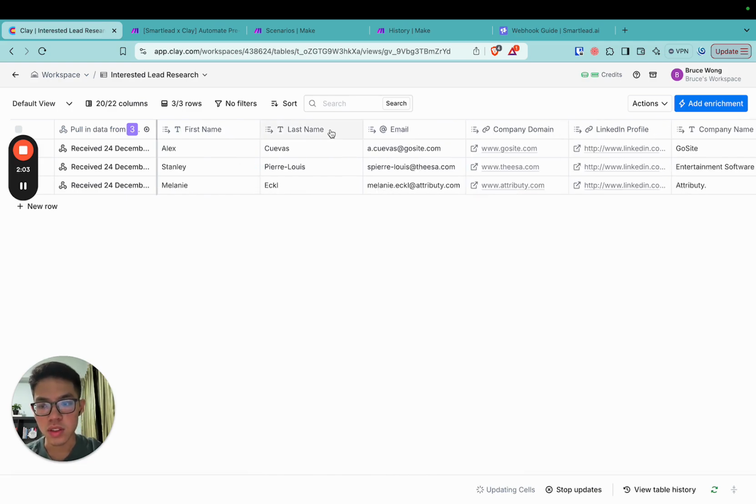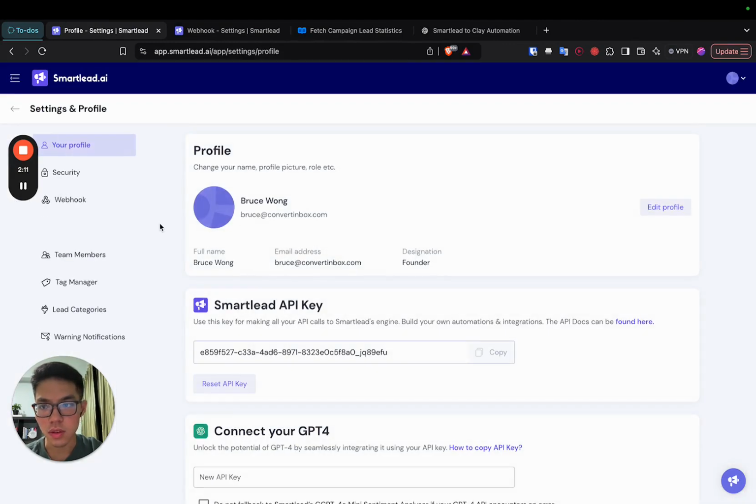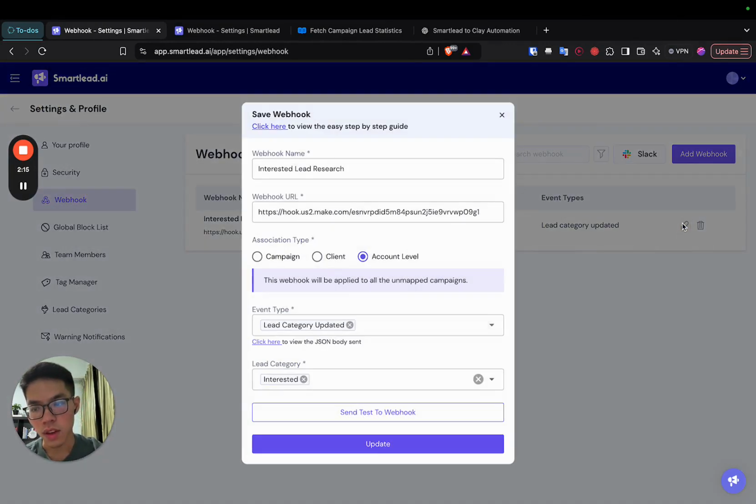So how it works is that within Make, or rather let's start from SmartLead. Okay, so on SmartLead you can actually set webhooks by going to settings here. Okay, so what is a webhook? First of all, it is essentially a way for you to listen. Think of it as a phone number. You will be able to listen to it, and then you will be able to get data from it when